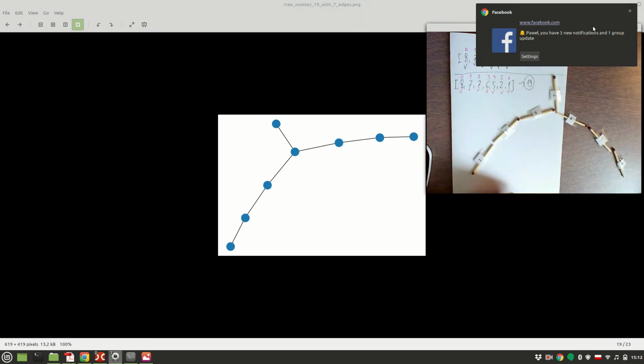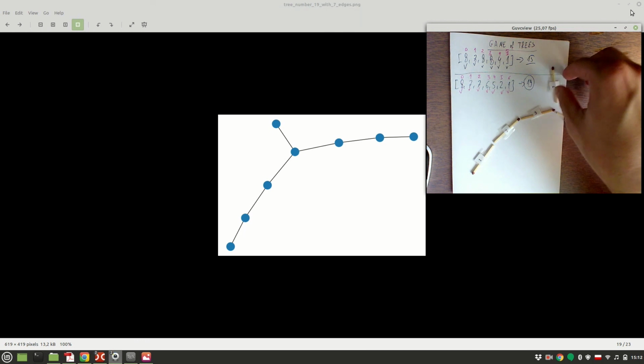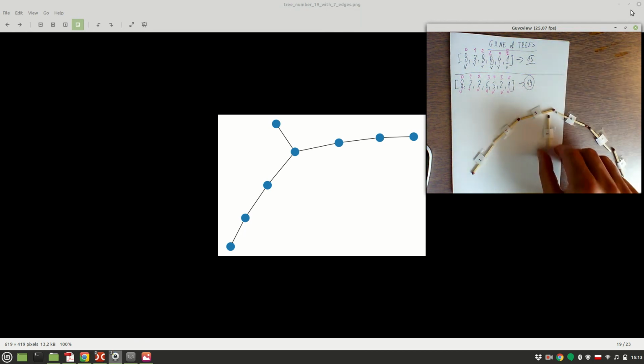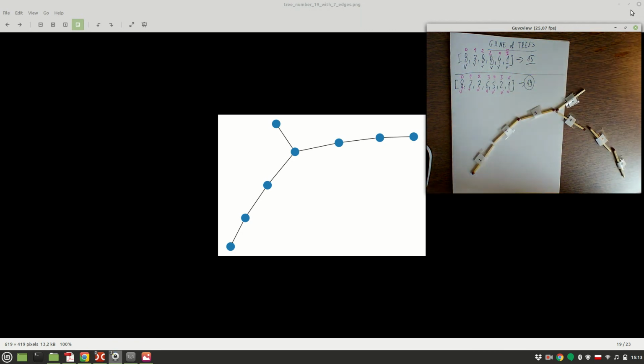You can do it without changing connectivity of your graph. For instance, moving a vertex, moving an edge like this, won't change the connectivity. This is just a different drawing of exactly the same graph. And once you check and everything is fine, and the graph is exactly as it should be,